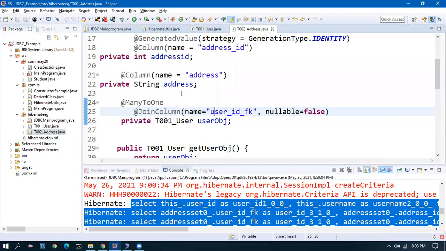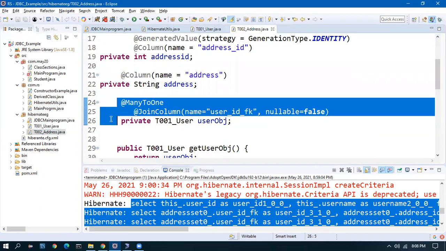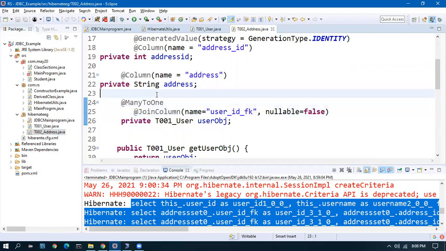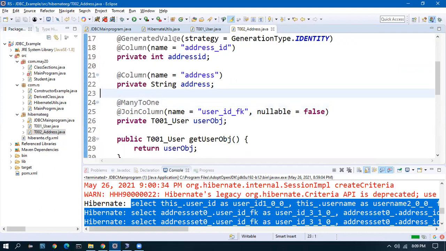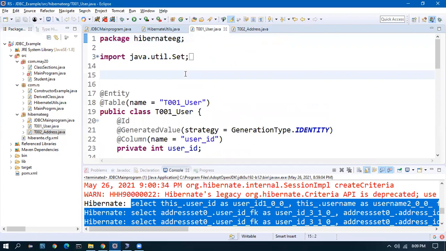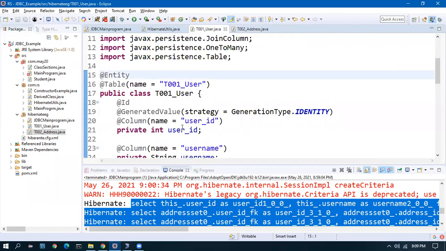And 100% you will be using one-to-many and many-to-one. If it is a Hibernate application, definitely we'll have one-to-many and many-to-one. There is a rare chance that we'll use one-to-one and many-to-many. There are two other joins, one-to-one and many-to-many. Rarely we'll be using them. So we will see the same example on one-to-many and many-to-one today, and we will go over a few more examples.